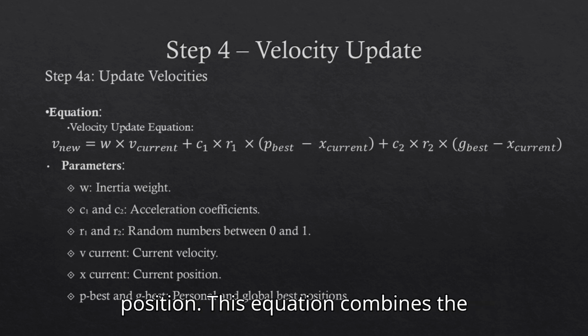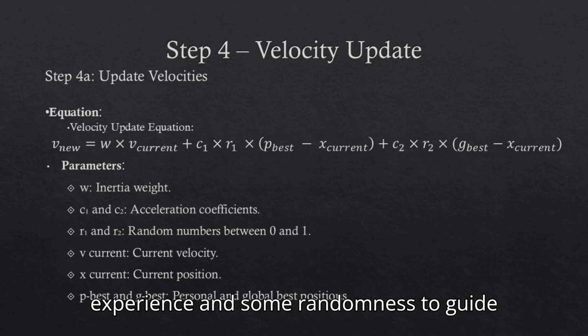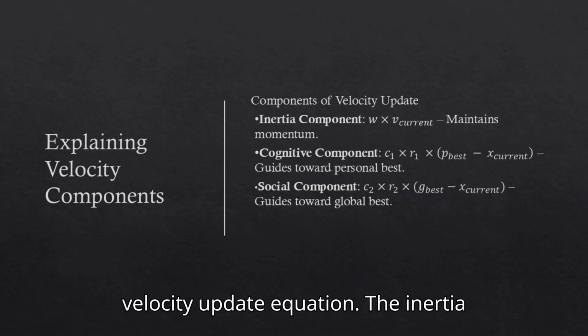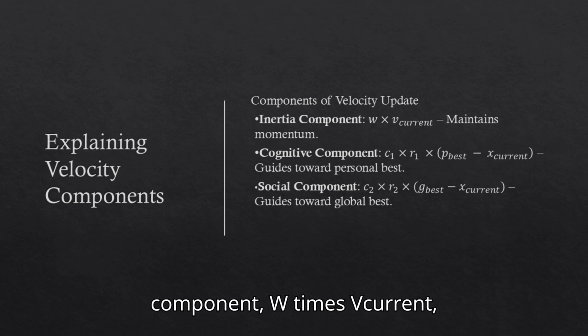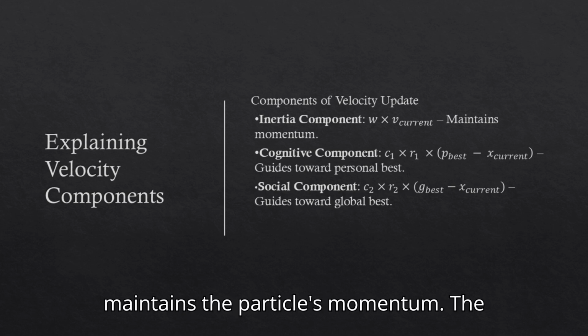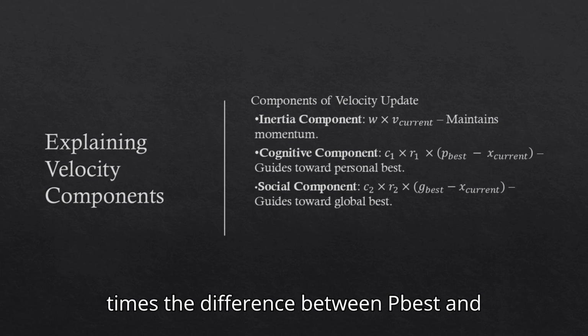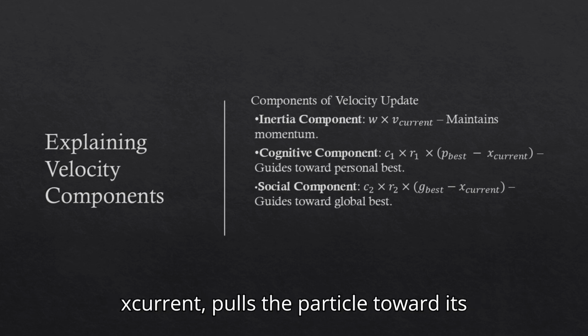This equation combines the particle's own experience, the swarm's experience, and some randomness to guide movement. Let's break down the components of the velocity update equation. The inertia component, W times V current, maintains the particle's momentum. The cognitive component, C1 times R1 times the difference between PBest and X current, pulls the particle toward its personal